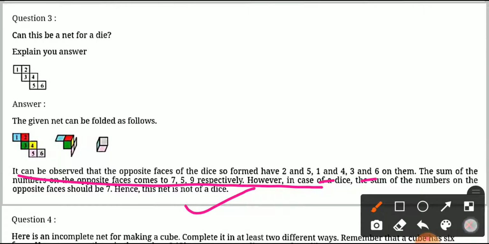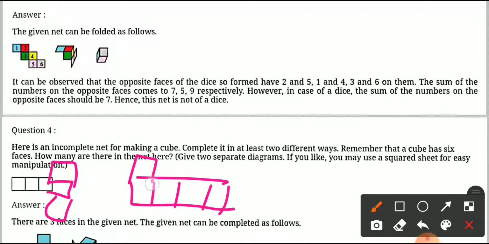Okay. Now question number 4. Here is an incomplete net of a cube, complete in at least 2 different ways. So beta, in 2 different ways how you can make another box and make T here. Okay. So 1, 2, 3 and this one like this. Okay. Another one you can make